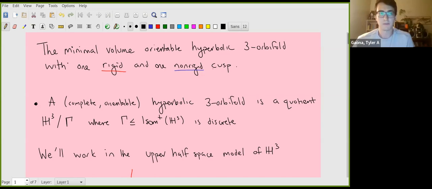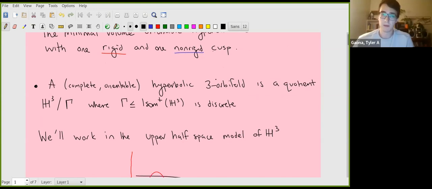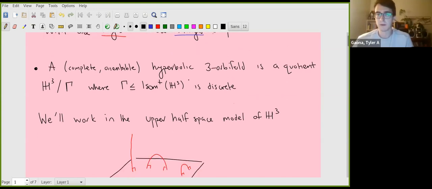Today I'm going to tell you about the minimal volume hyperbolic three-orbifold that has one rigid and one non-rigid cusp. I'll mention what these terms mean shortly. First off, what's a hyperbolic three-orbifold? Well, we can just think of it as a quotient of hyperbolic three space by a discrete subgroup of its